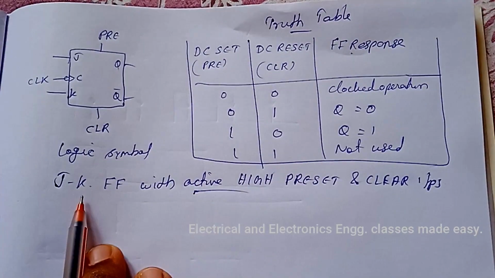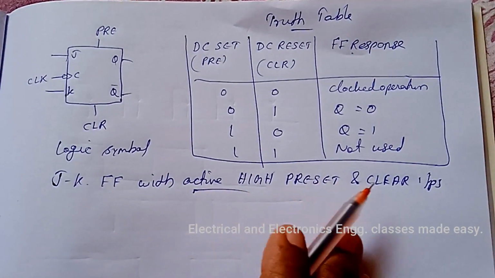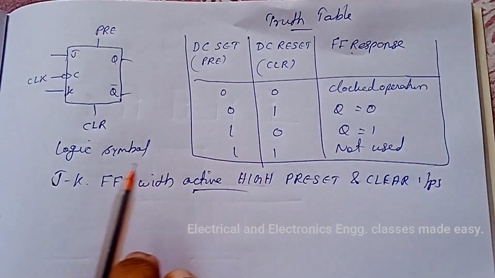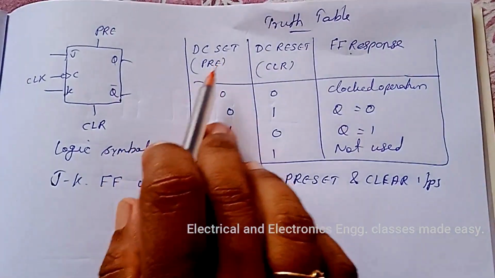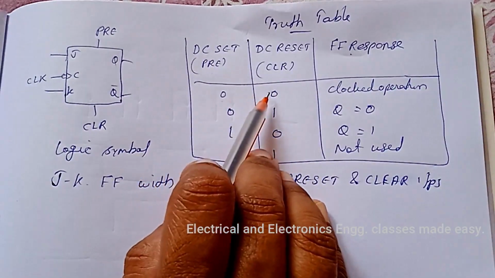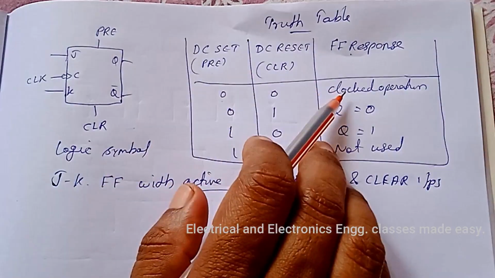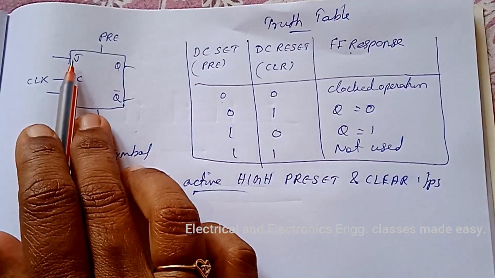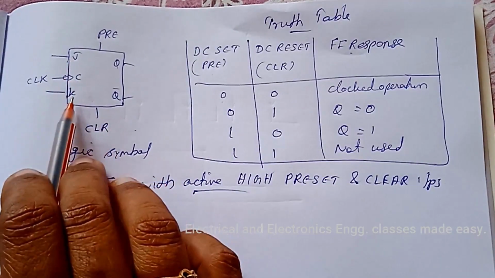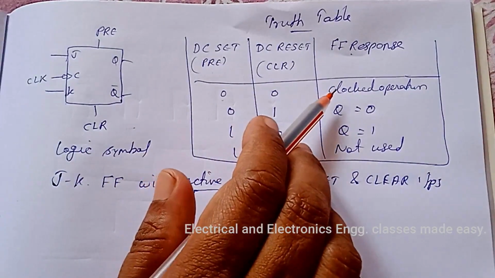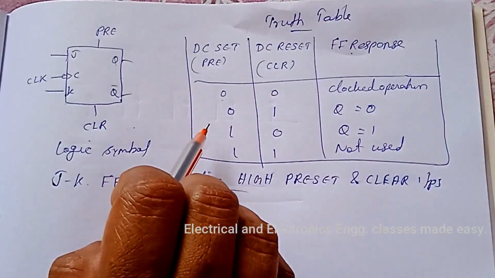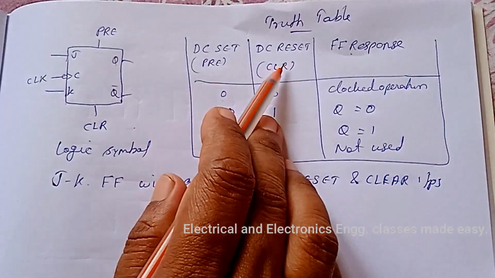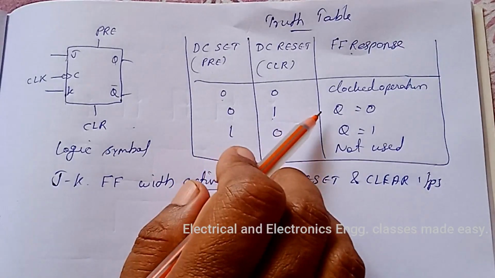Let us study the JK flip-flop with active high preset and clear inputs. So this is the logic symbol and this is the truth table. So here when both preset and clear are equal to 0, then that means clocked operation. That is the flip-flop depends on the synchronous inputs J, K and clock, hence called clocked operation or synchronous operation. And when preset is equal to 0 and clear is equal to 1, that means